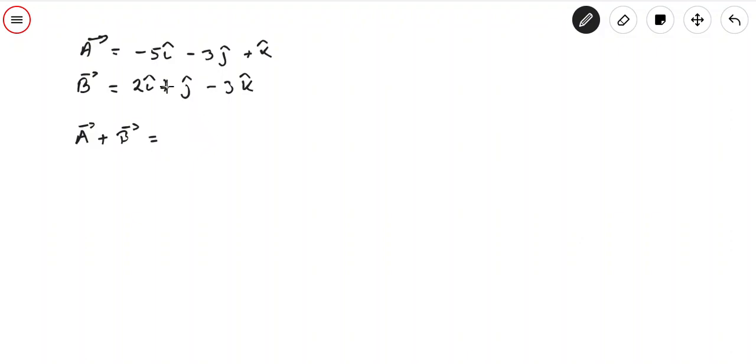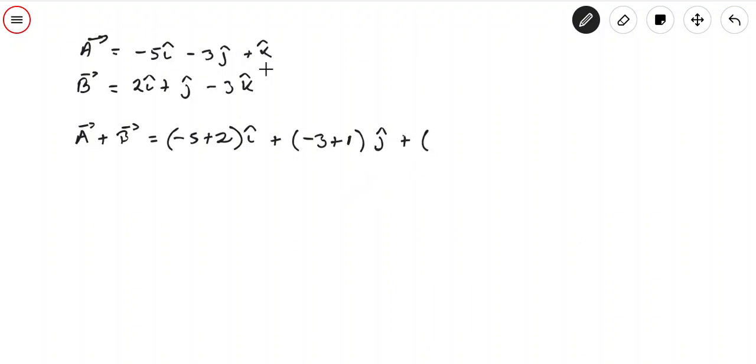In this case, a plus b will be adding the i components: negative 5 plus 2 i, plus negative 3 plus 1, because in front of the unit vector j we have a 1, so negative 3 plus 1 j,